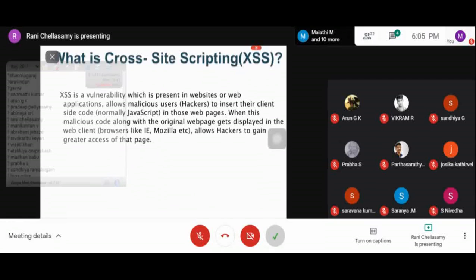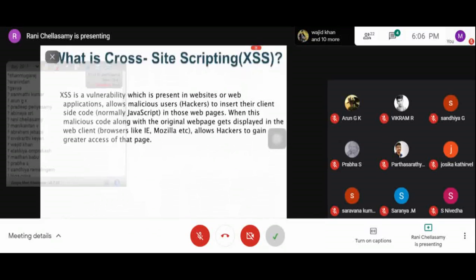The last one is error message interception. Okay, first we'll see cross-site scripting. This kind of scripting is otherwise called XSS scripting. We have also explained all these in the previous session.